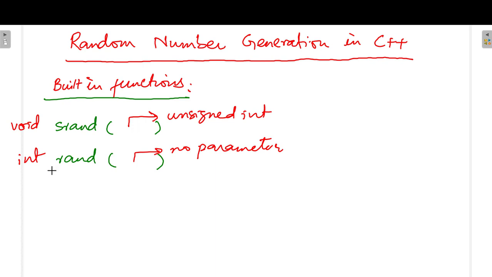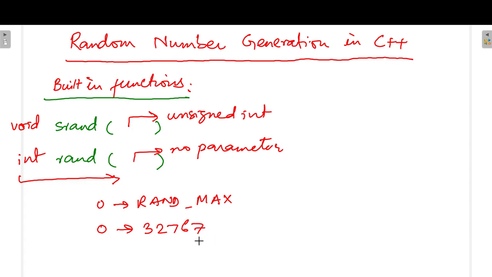It will return an integer in the range 0 to RAND_MAX, where the value of RAND_MAX is 32767 for most of the compilers.